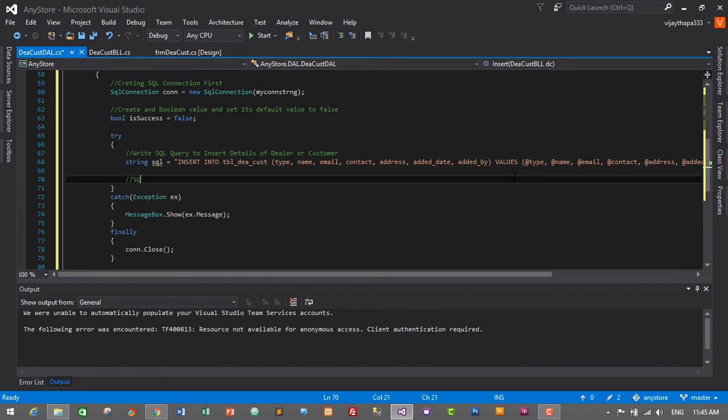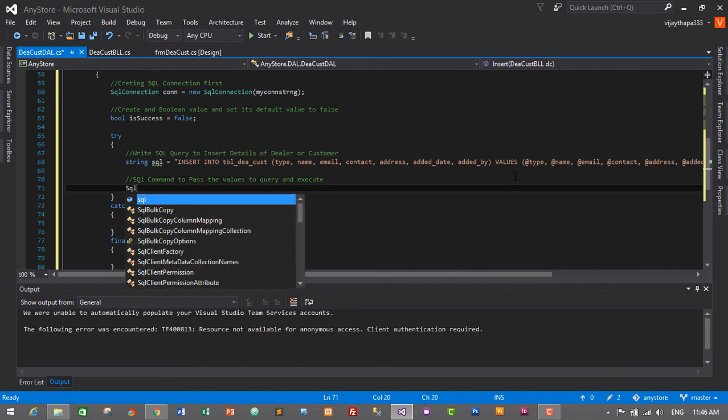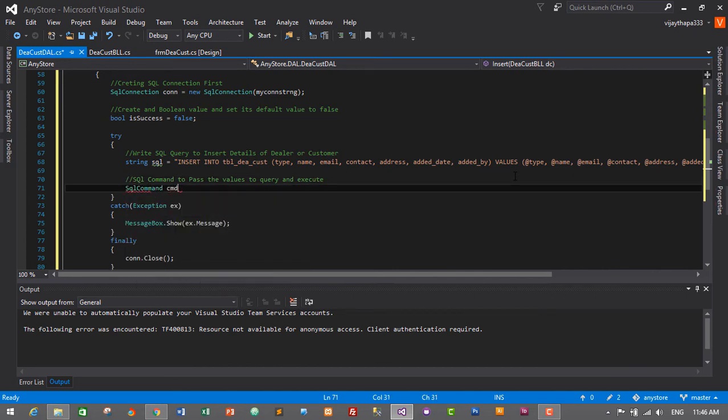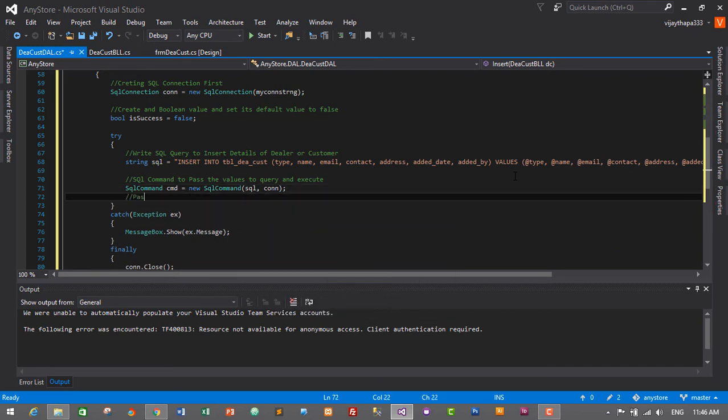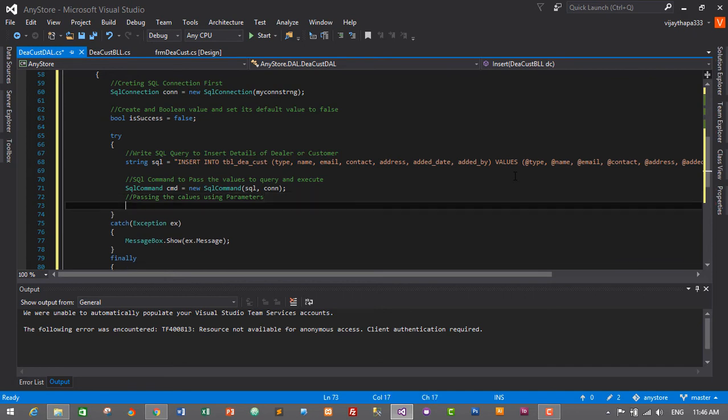So that's it, guys. Now we need to create a SQL command to pass the values here and execute the query. So SqlCommand cmd equals new SqlCommand, and we will be using sql and the database connection. So that's it. Now passing the value using parameters, that is